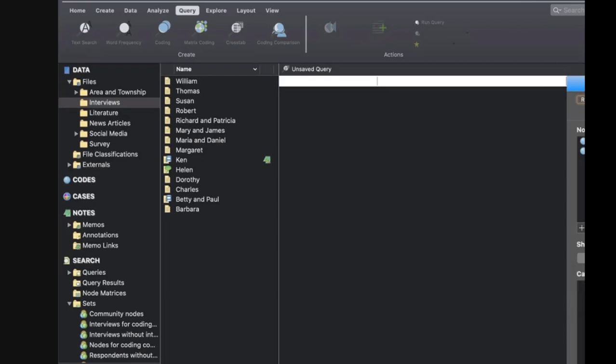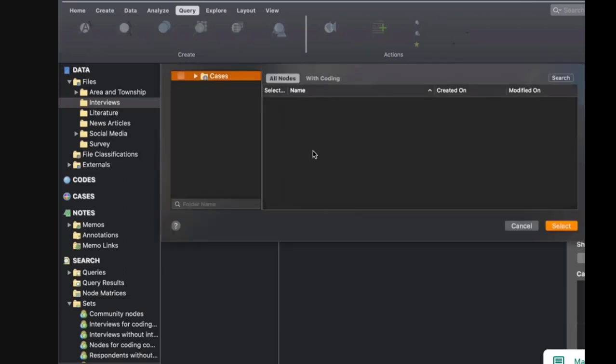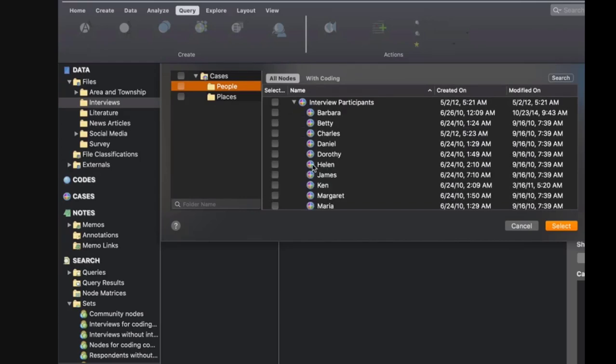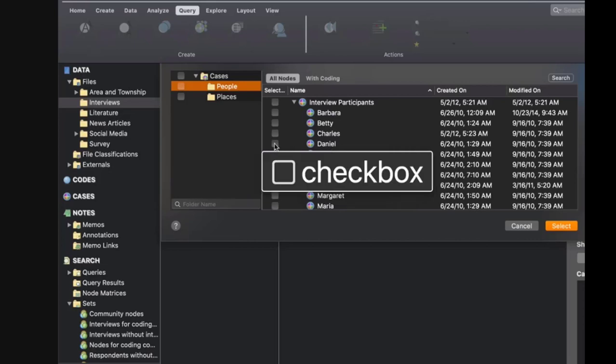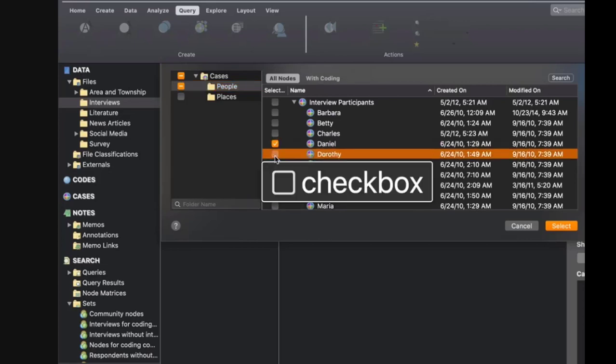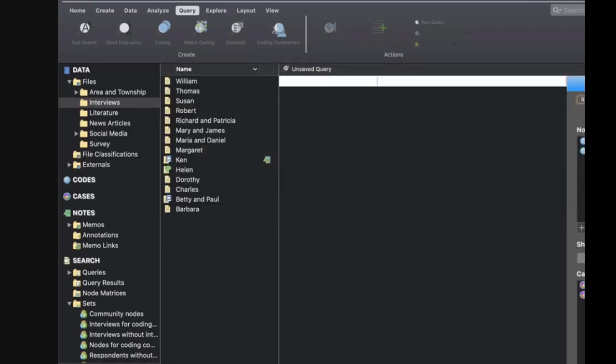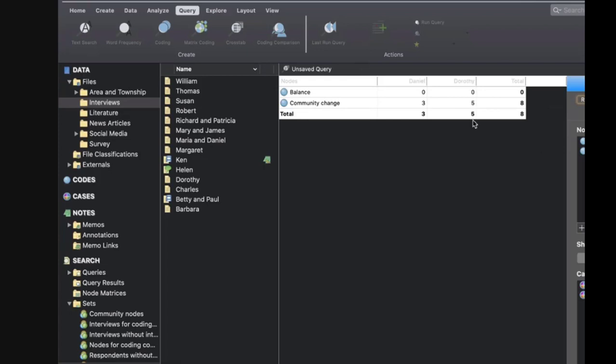So I have to add a particular person from here. When I add that, it will take me to cases. So I pick people, and I do interview. Let's say I do Helen or Dorothy or Daniel. So I say Daniel and maybe Dorothy again, and I select. So when I do that, I run my query and it gives me this result, which means